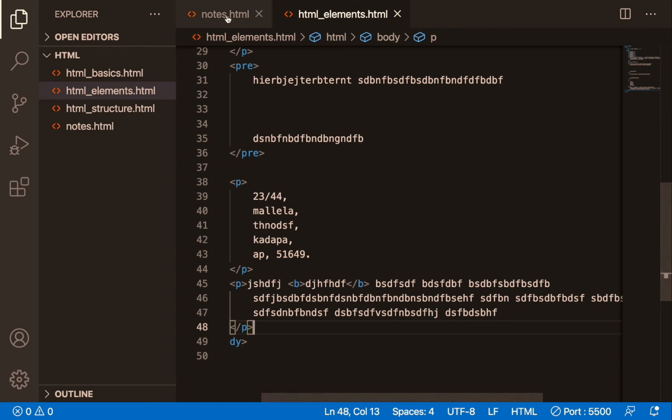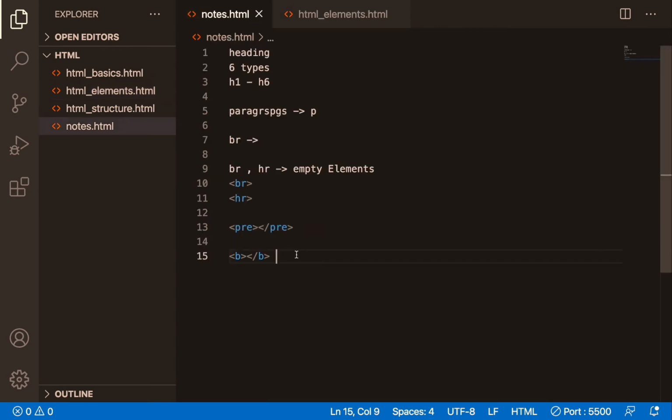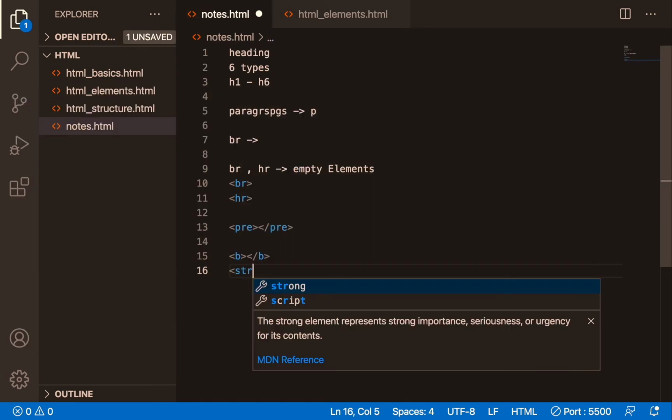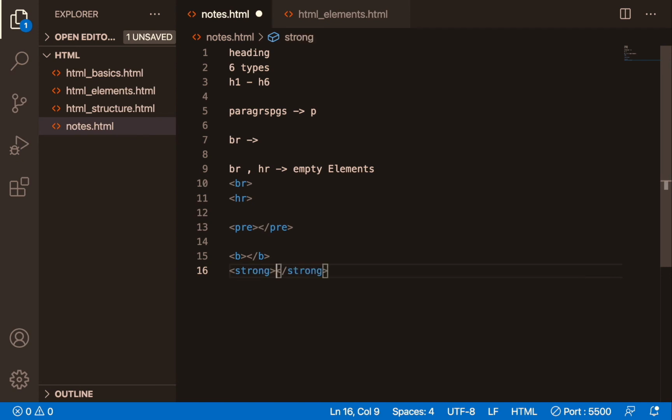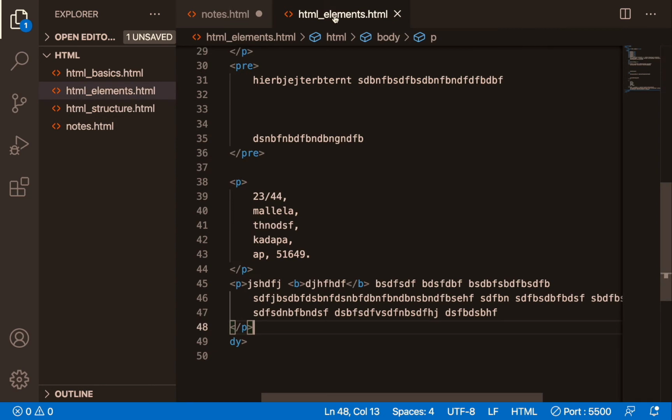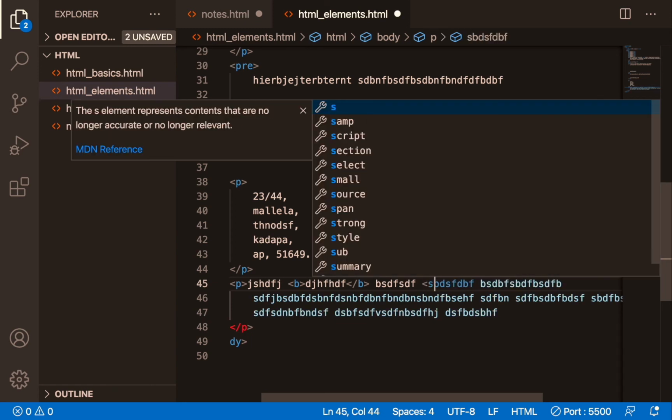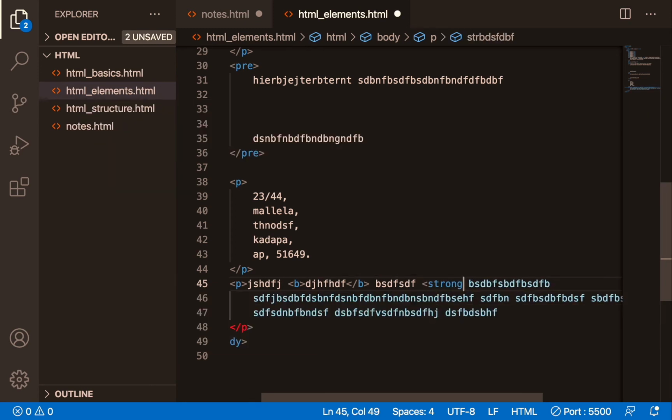In a similar way, there are other elements. Strong, starting tag, ending tag. In between I will give some word. It is similar to bold. So I am giving strong here.